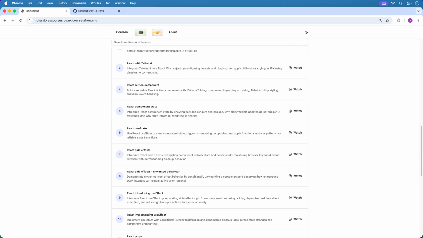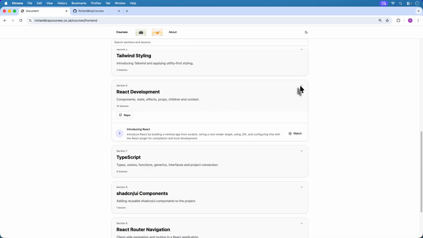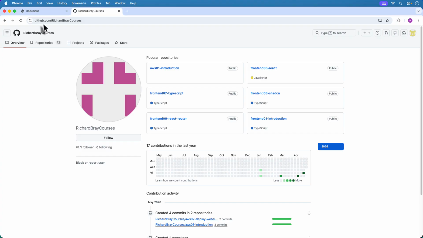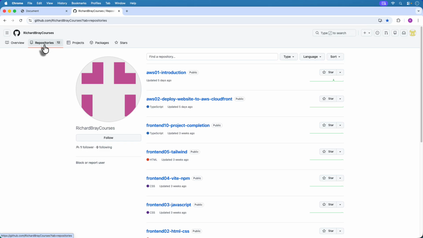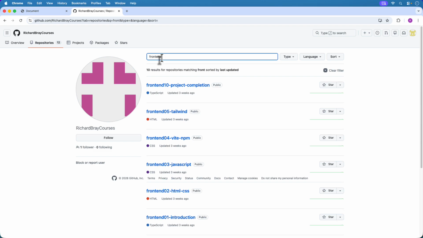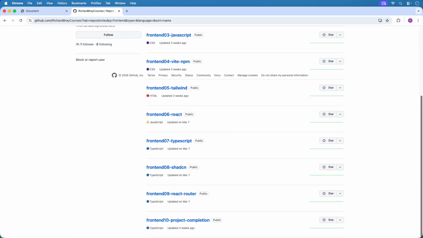Now there are also repos available, and each section, so each of these 10 sections, has its own repo. Let me show you. If we go to github.com/richardbraycourses and click on the repositories tab, I can find all the front-end repos just by typing front-end here, and then I'll sort it into order. And you can see here's front-end 1, 2, 3, and so on, all the way down to the repo for